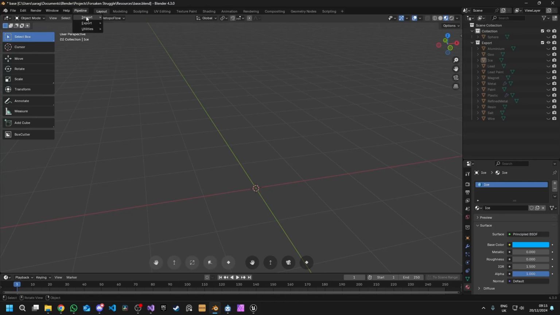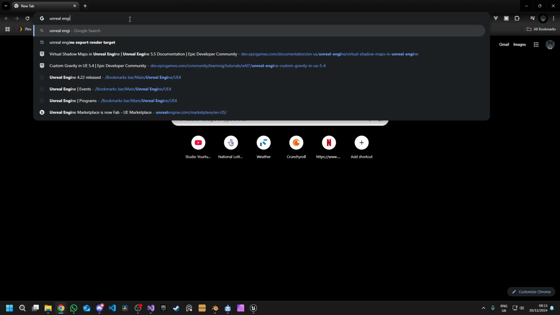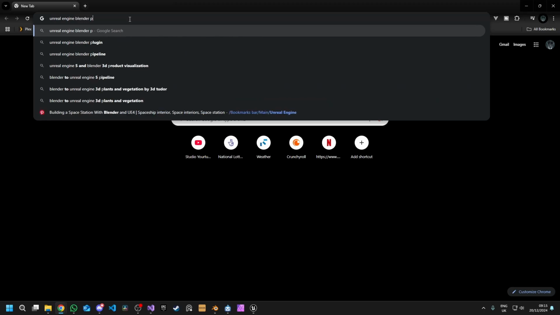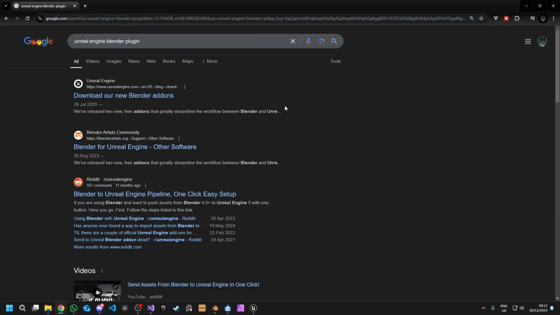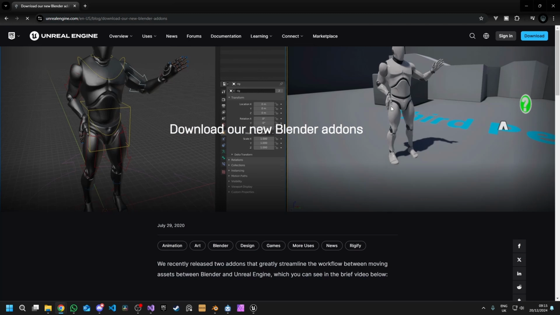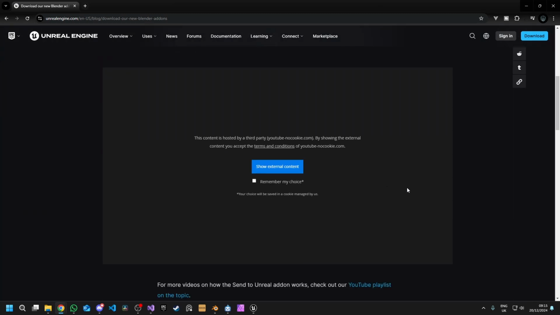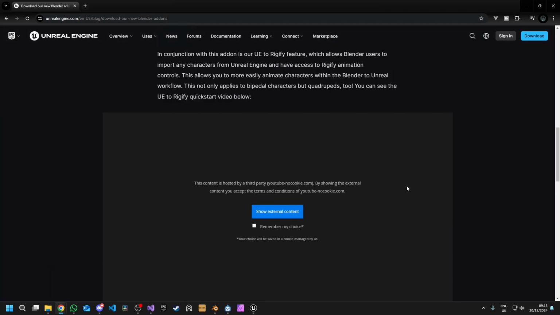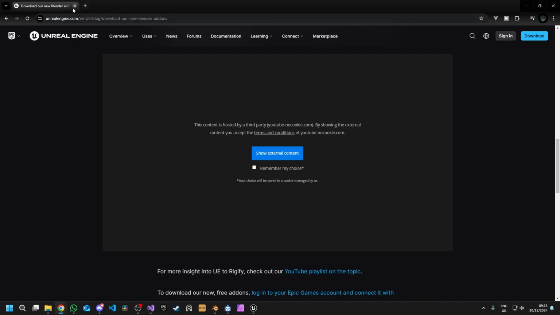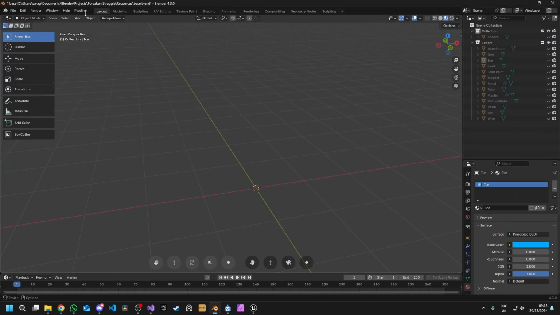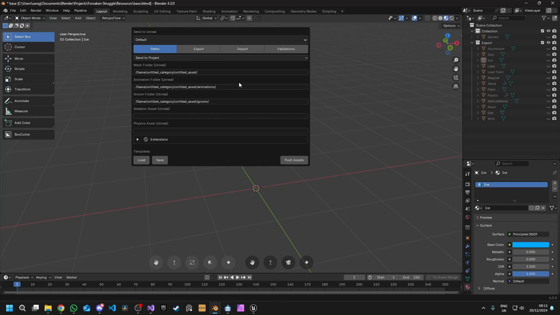I'm not going to go through how to set that up. It's the Unreal Engine Blender plugin. It's just this plugin, so you can follow the guide on how to set this up. But effectively now, if we click export,